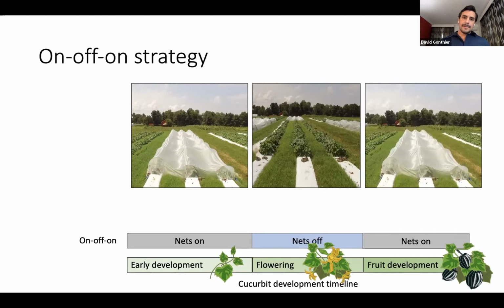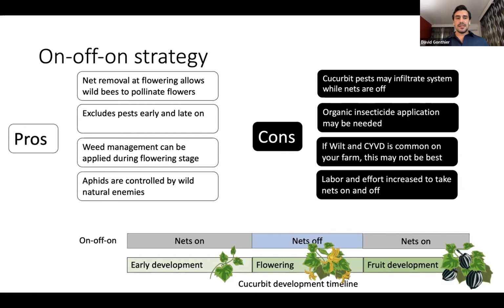And so this strategy probably provides you with a little more protection throughout the season. It also, again, is taking advantage of those wild bees that are already present on your farm. And it also gives you some access to get into your fields completely when you have to